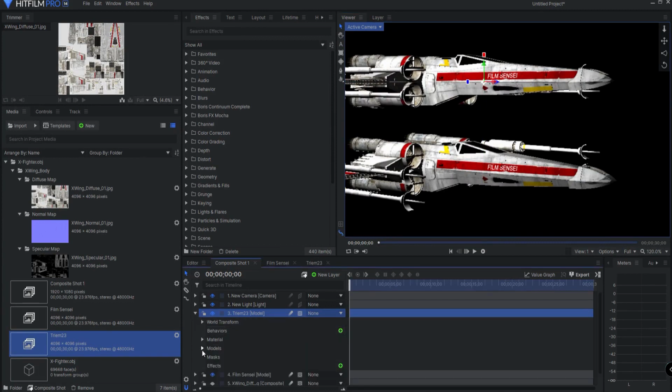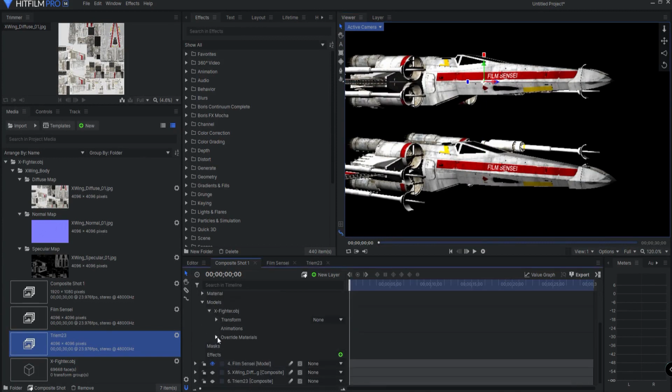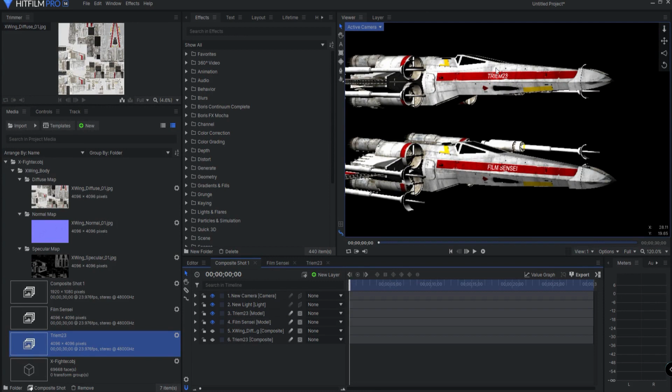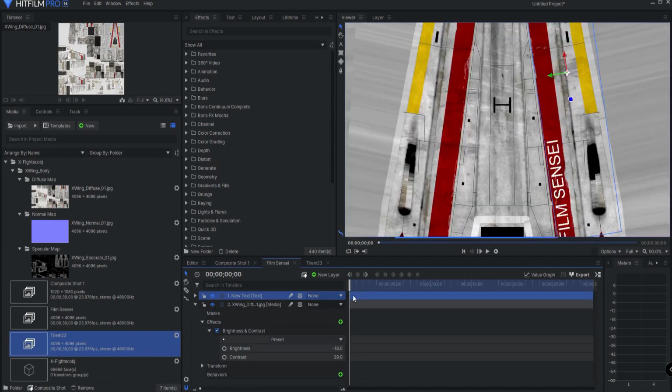But all I have to do is just change the source material for that particular diffuse to the Triam, and now I have two different X-Wings with two different diffuse models on it. But it gets even better because these can actually change over time. So for example,